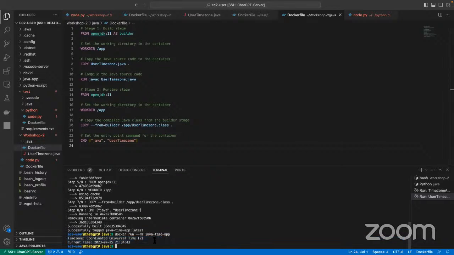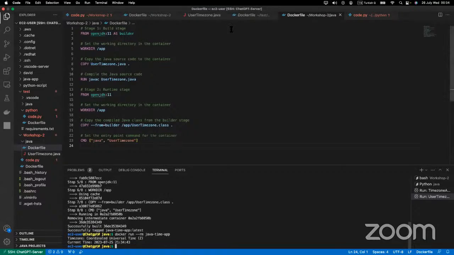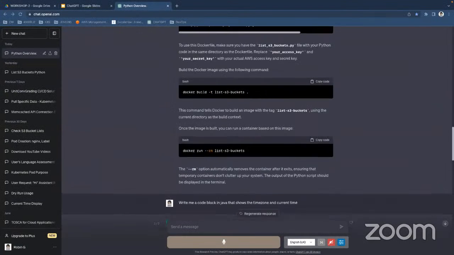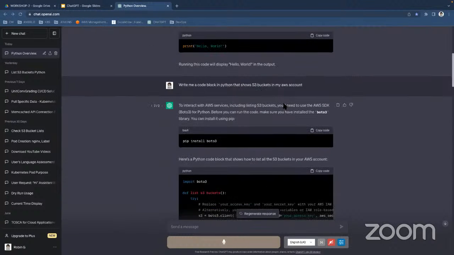and it's going to give you exactly the result that I wanted to be right there. So what we have seen so far is creating two different applications. One is written in Java, the other one is written in Python, and we have created Dockerfiles. Sometimes we need to provide some extra information, and sometimes we need to be very well aware of what's written in the code. Of course, as a DevOps engineer, we are not going to be responsible for the code content, but we should know, for example, that Java should be compiled first, right?